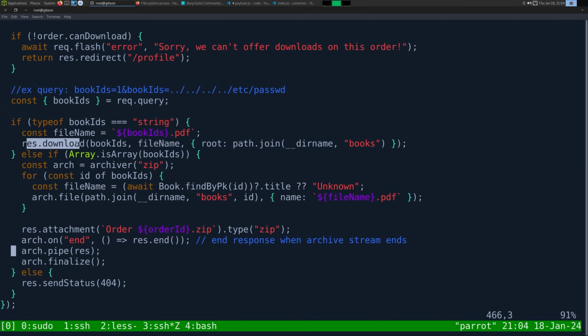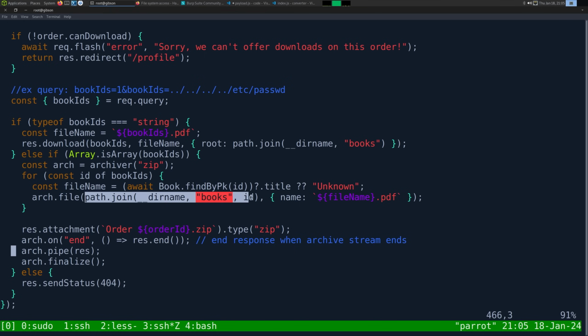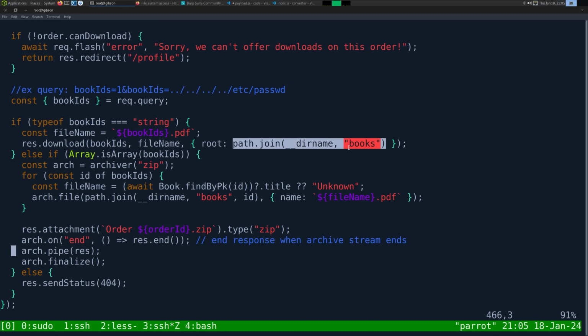We're going to do a res.download, book IDs, file name. We're going to give it the path, right? Well, if you look at the zip, it's very similar, right? We have the zip, we have the book IDs, we're getting the file name, and we need the file name here mainly because it's a zip file. What do we put in it? And then we have the path.join command here that looks very similar to this path.join,